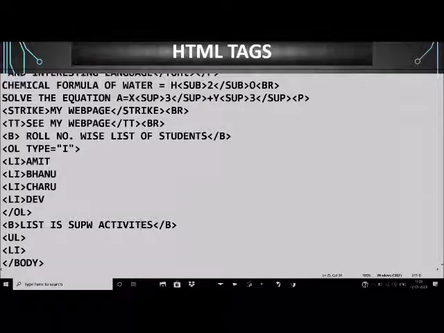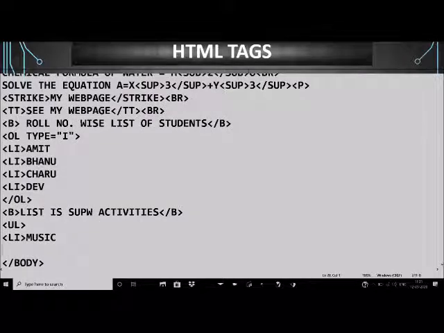So here we will write the list of activities as music, then again li tag.